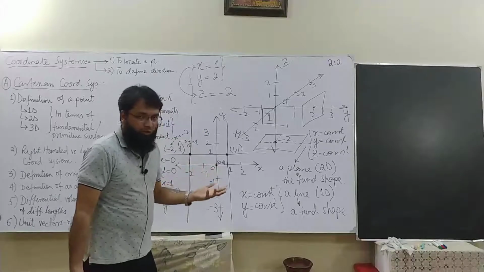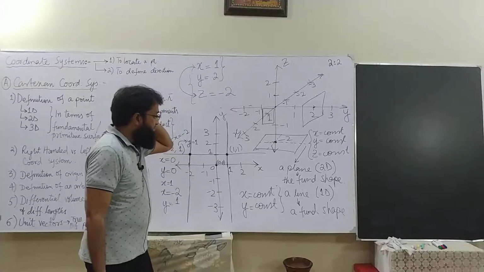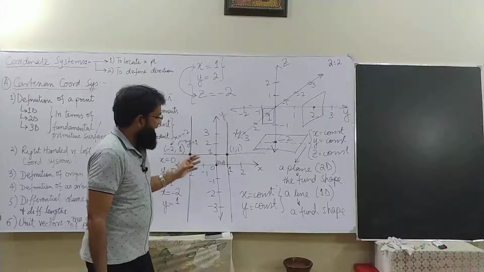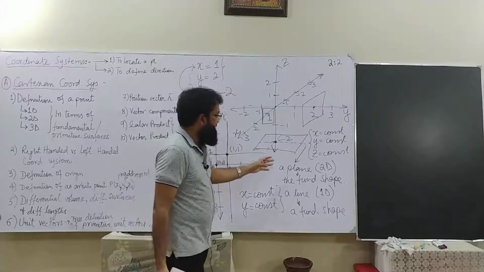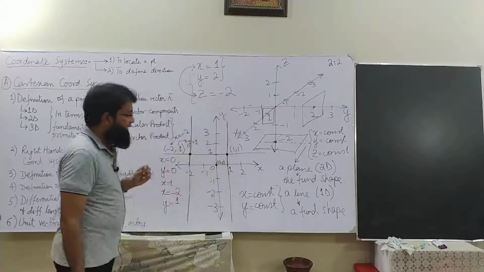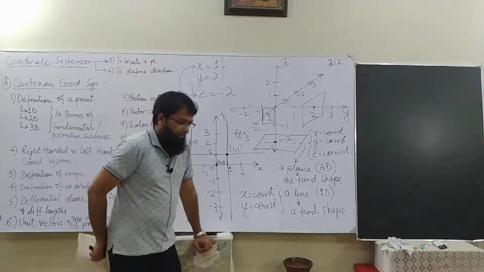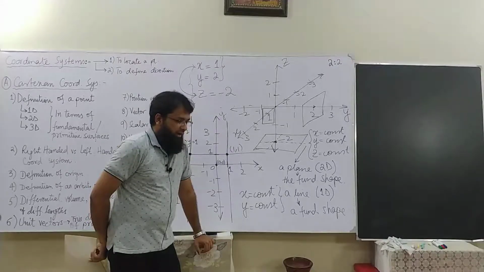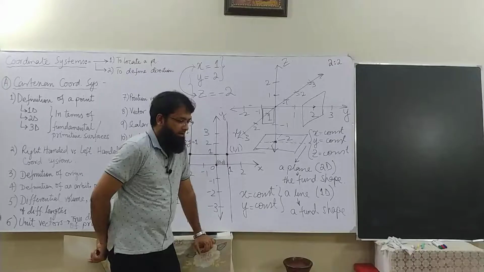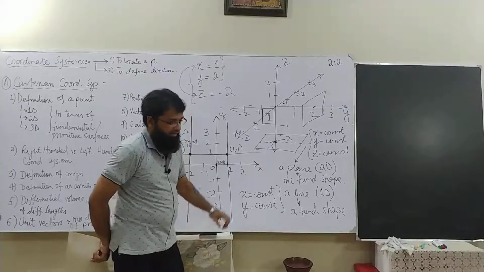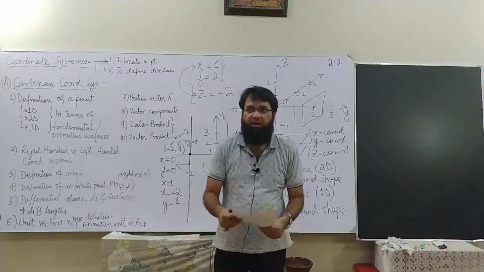That would not be false, but as I said before, every other shape should be defined in terms of the fundamental shape. Only then will that be accurate and there won't be any redundancy. What do we mean by redundancy? If we define that a line is formed by intersection of two planes, and a point is formed by intersection of two lines,